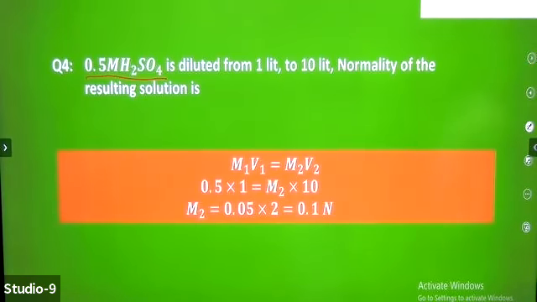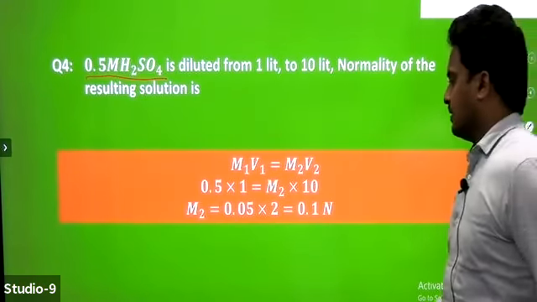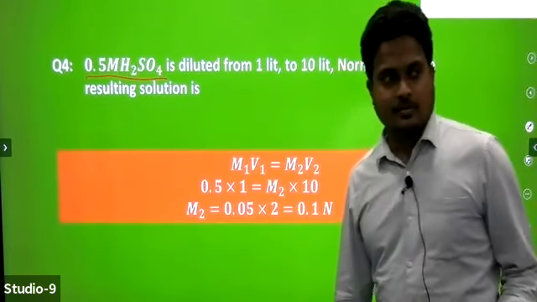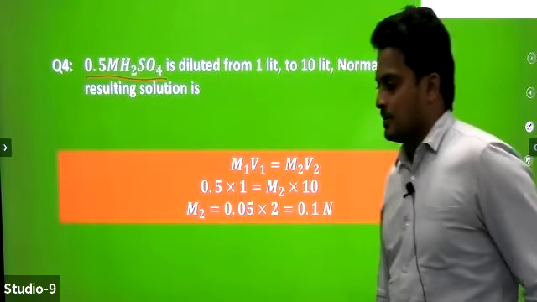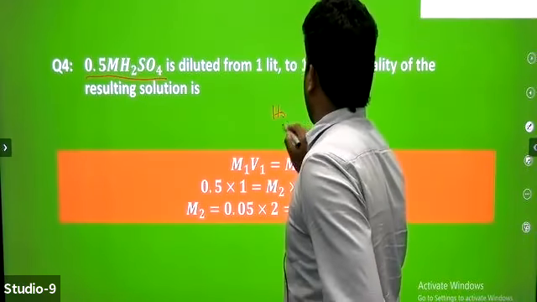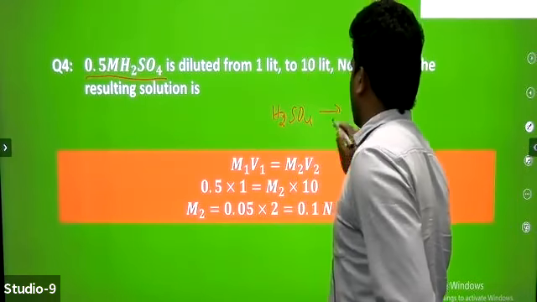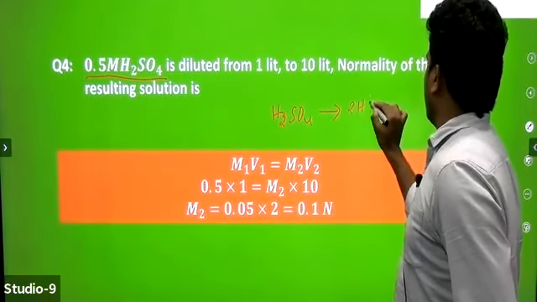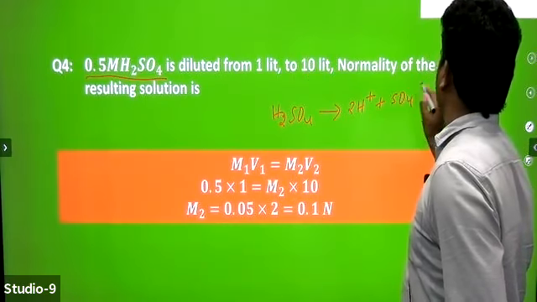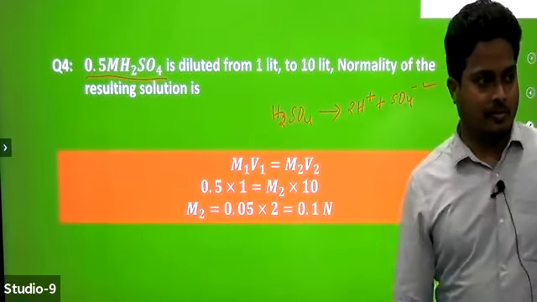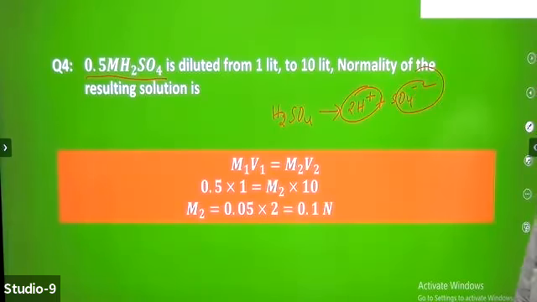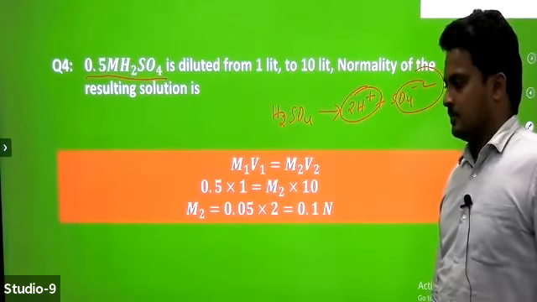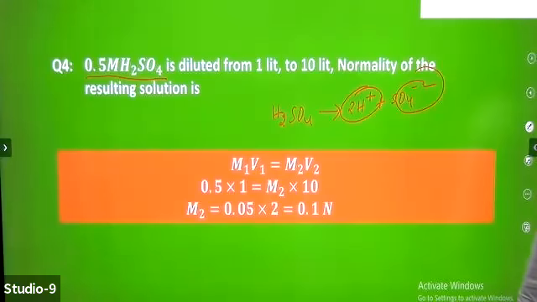Now, what is valency of H2SO4? What is N value for H2SO4? How can we say 2 it is? Yes, number of replaceable hydrogens. If you are taking H2SO4, how is it dissociated? 2H plus and sulfate ion, SO4 minus 2. So N value should be 2. 2 positive charges, 2 negative charges. Okay? Got it?